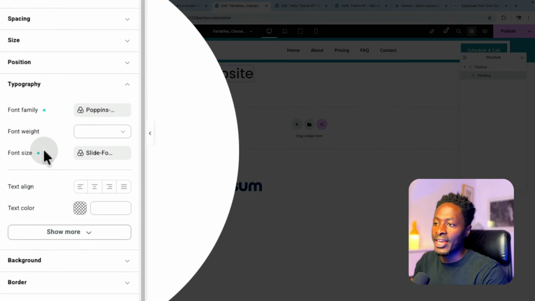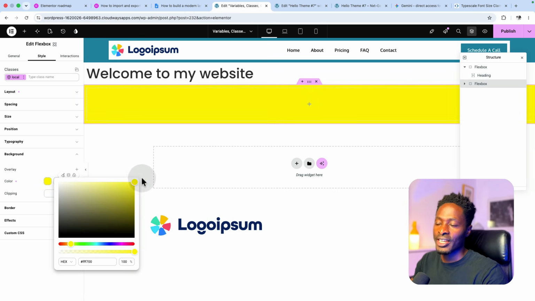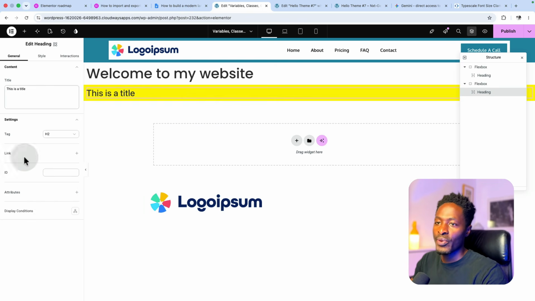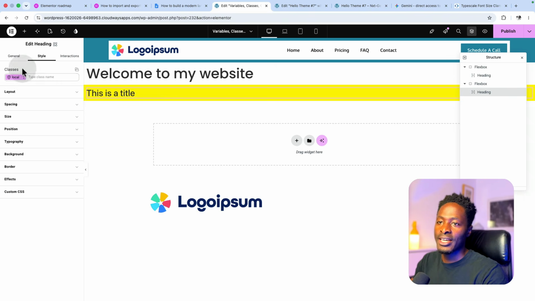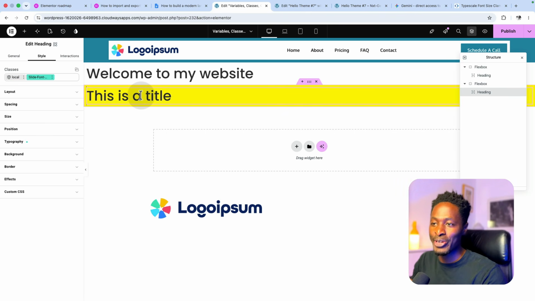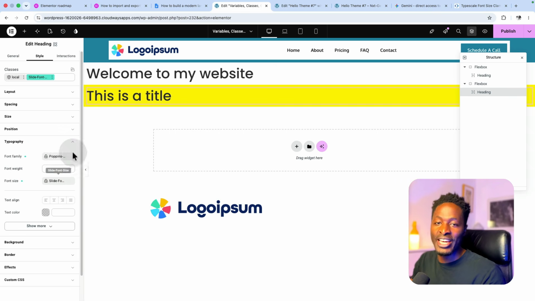As you can see, this color here is also now reflected where we have our variables or settings applied. So if I create a new section and I give that section a background color and come over here to my elements and I pick an atomic element right over there, and I come here to the class and I just apply my slide font size. Now you see that our heading element automatically adopted the font sizing and the font family